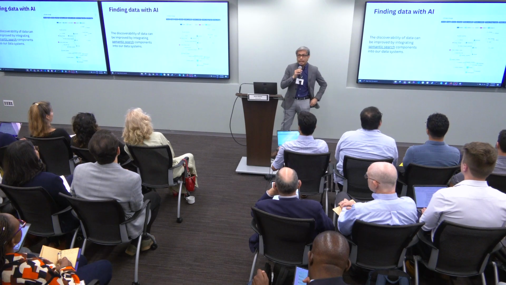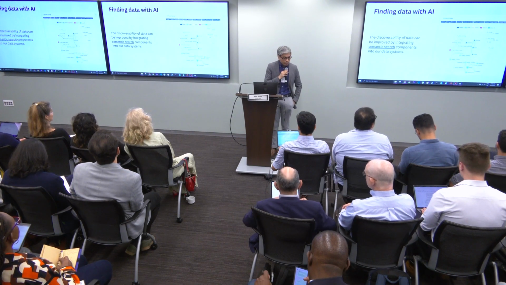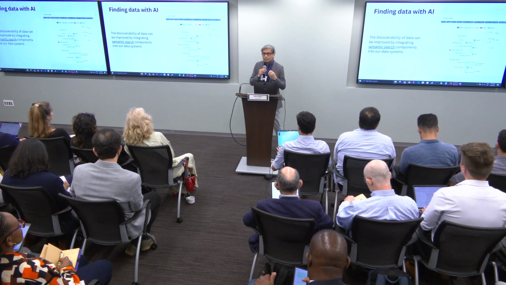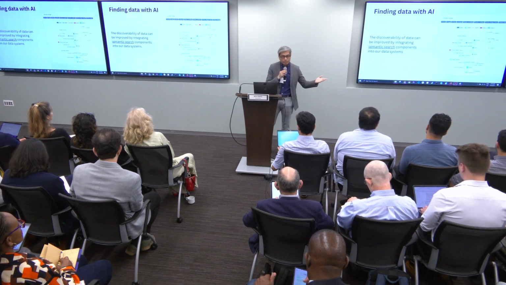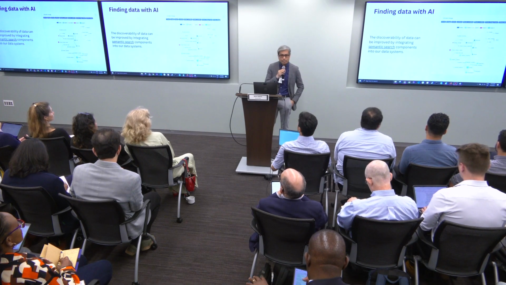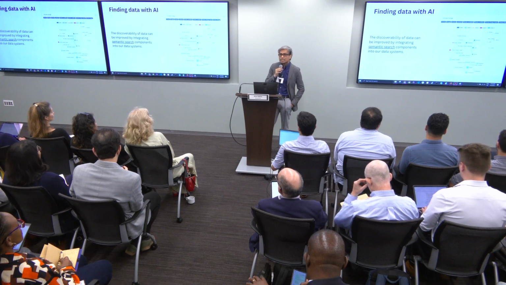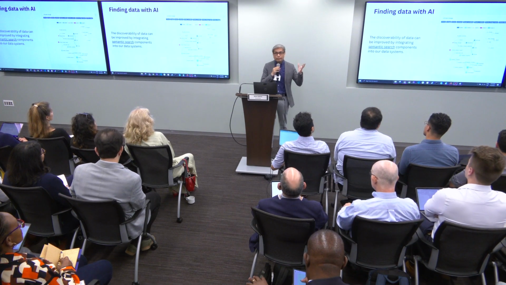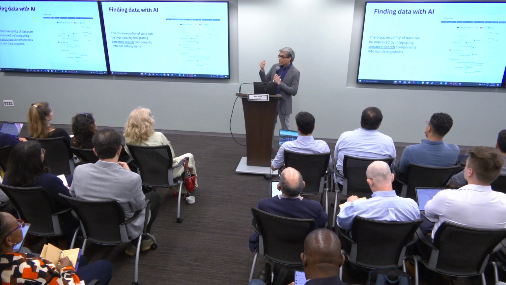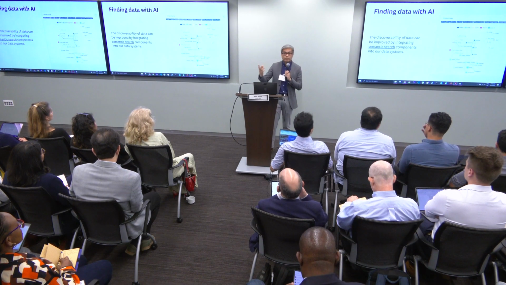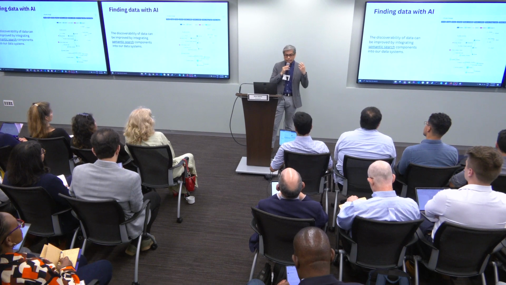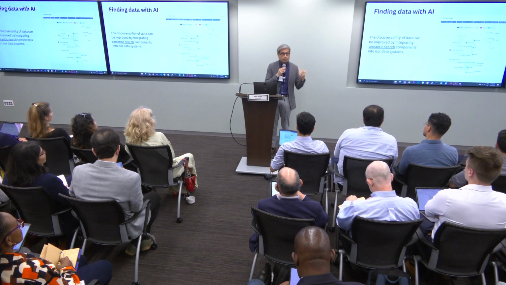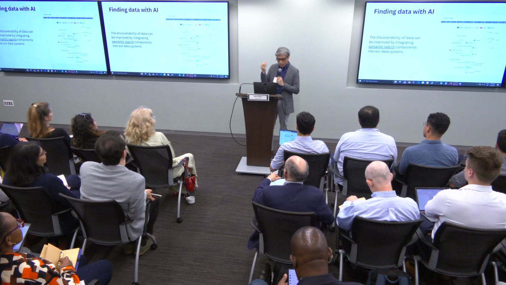Okay, so finding data with AI is basically, currently semantic search has been a very mainstream term, but a couple of years back, before ChatGPT, it was still a bit of an alien term. But the idea behind that is we can abstract the way we interact with text. Before, we thought about finding information through keywords. However, there are already means for us to think about finding information through its meaning. And that is what semantic search allows us to do. Basically finding information through its meaning.